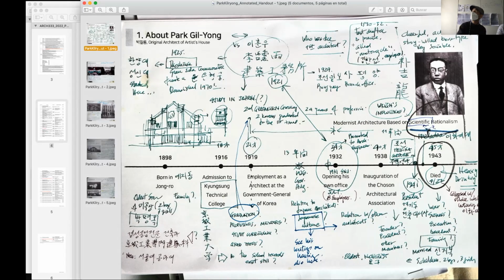I have a note here. They were calling him the motorcycle. He was really expressive, engaging, vital, but stubborn in his way. You can see by the photo, right? Again, a scary guy. He studied at the Gyeongsang Technical College, and as a public employee, he worked on the construction of the government building of Gyeongbokgung. He was the only Korean who appears as one of the people in charge of it.